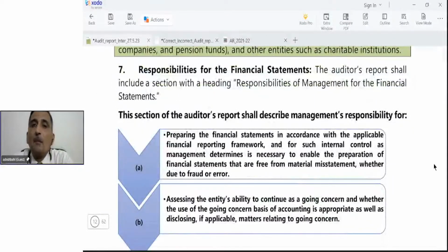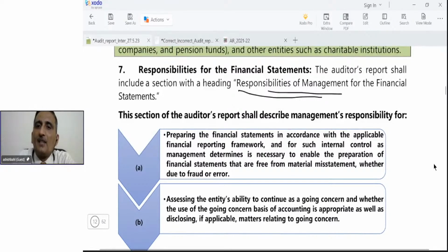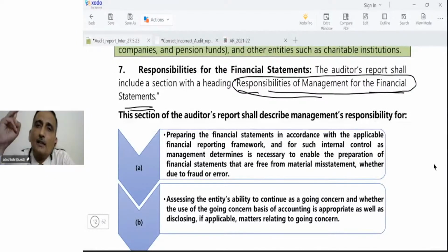then responsibilities for financial statements. Another element in the auditor's report is responsibility for financial statements. So the auditor's report shall also include a section with the heading responsibilities of management for the financial statements, that is, what the management's responsibilities were regarding the financial statements. Okay, so there are two responsibilities which are compulsory to be stated in this section of the audit report. These are number